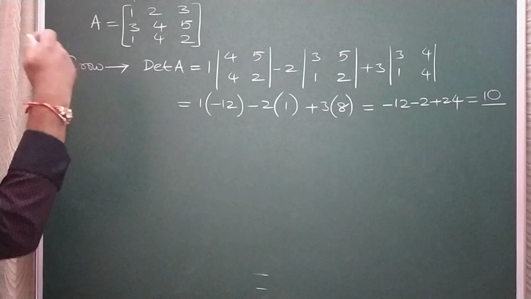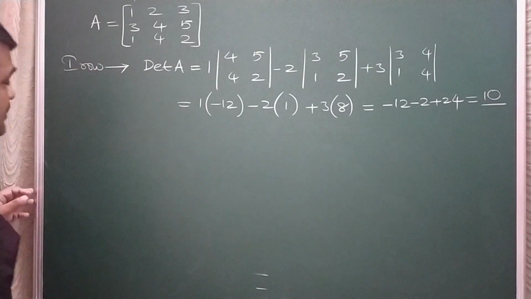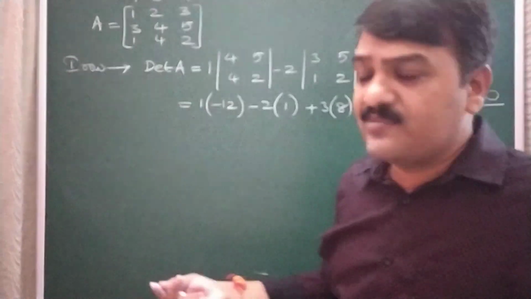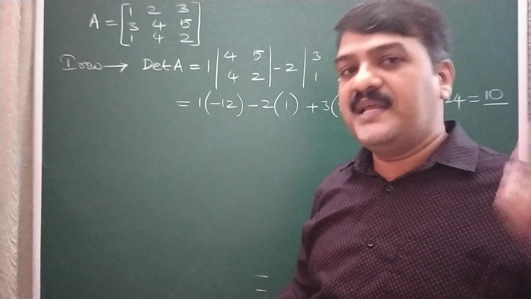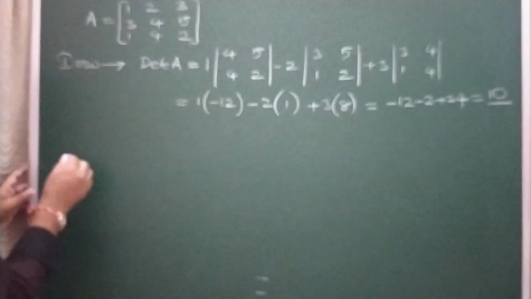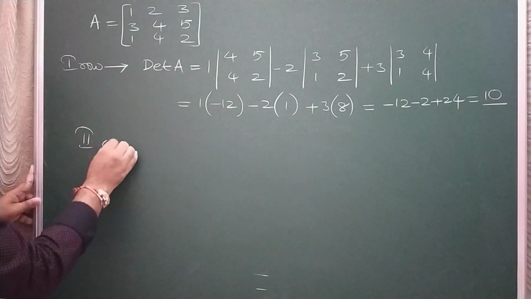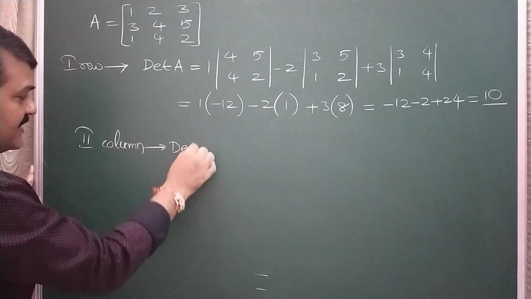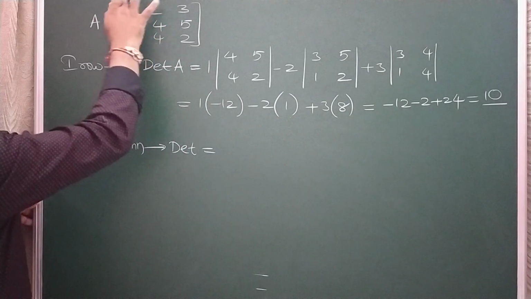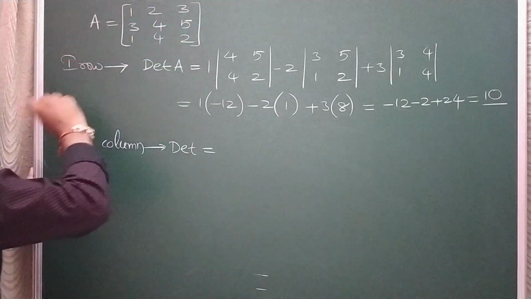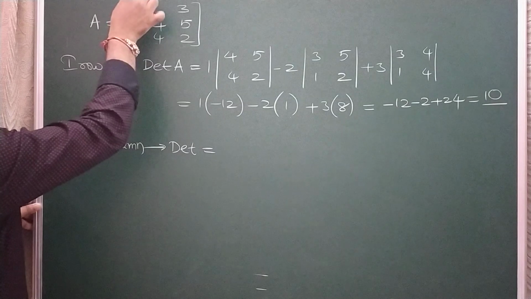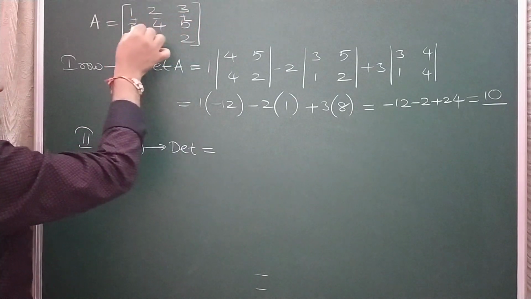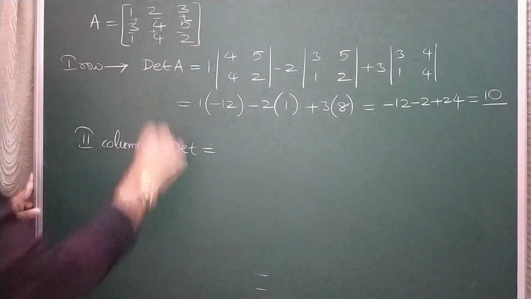Now I will use some other row or column. So let me use the second row here, or I can use the second column. Already I did a row, no? I will take a column. So let me take the second column. I am taking the second column to find det A. So I will change the signs. For the second column, what are the signs? If you start with plus and write alternately positive, negative signs like this, these are the signs for all elements I wrote.